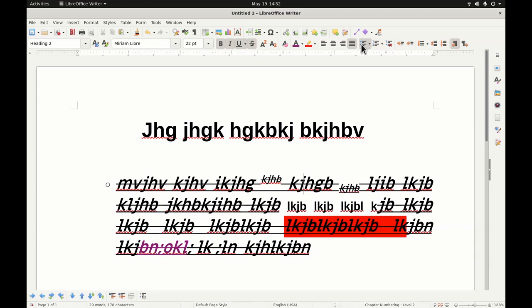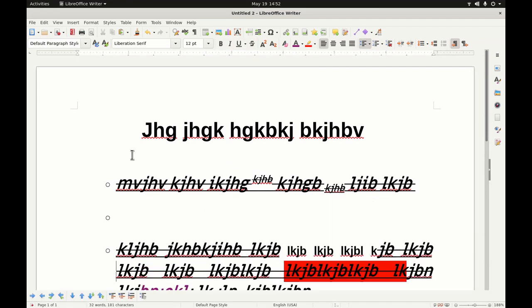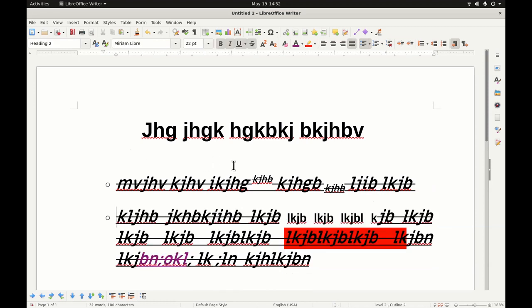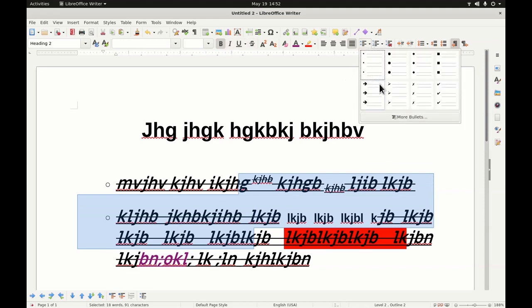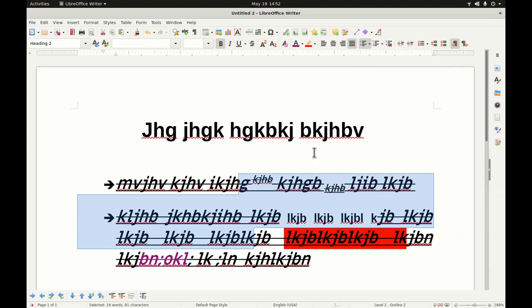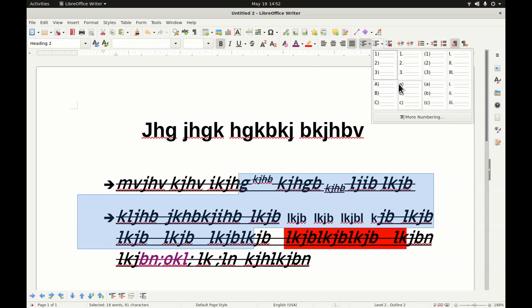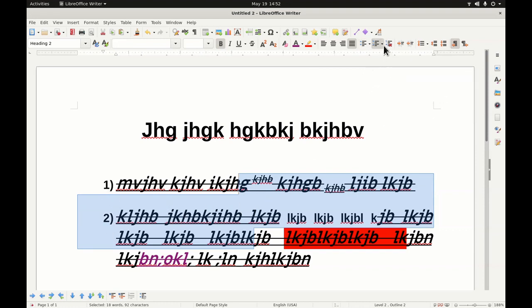This is bullet points. If I have more than a few lines, for example, I've got more than one line, this will be bullet points. I can also select like these two lines, and I can change the type of bullets I want to have. See, notice these are the bullet points. I can also do numbering, 1, 2, I can do A, B, C, D, and then